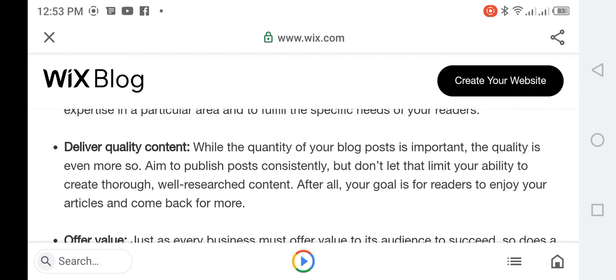Deliver quality content. While the quantity of your blog posts is important, the quality is even more so. Aim to publish posts constantly, but don't